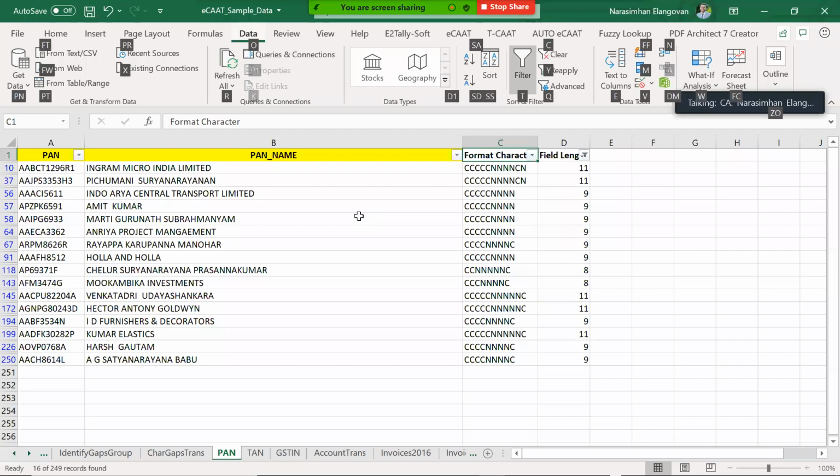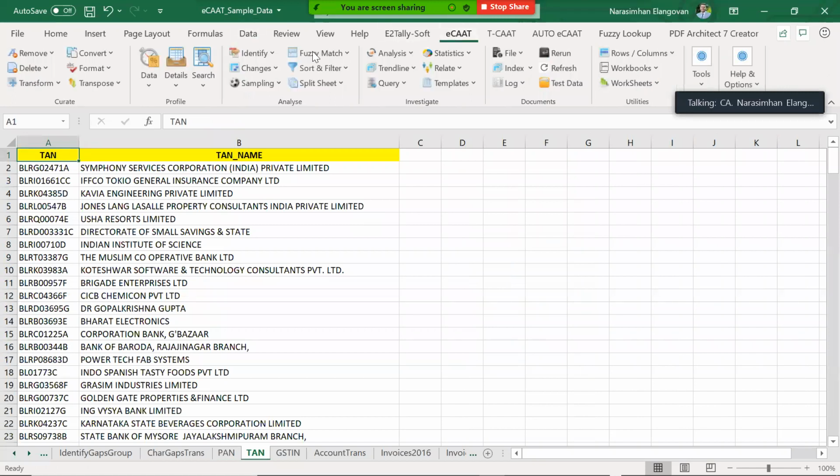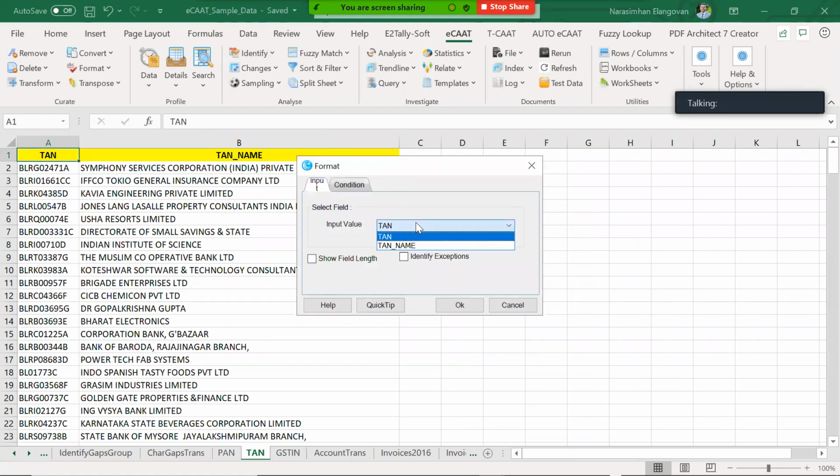Please apply it on TAN data and show the results. What do I do? ECAT, identify, format, TAN, show field name, identify exceptions, go ahead.